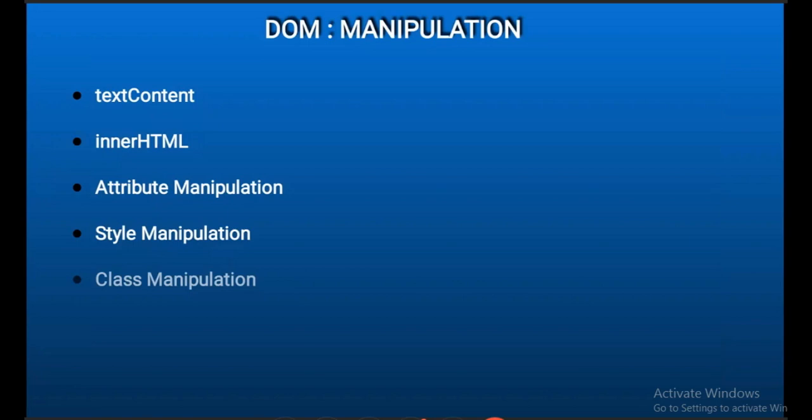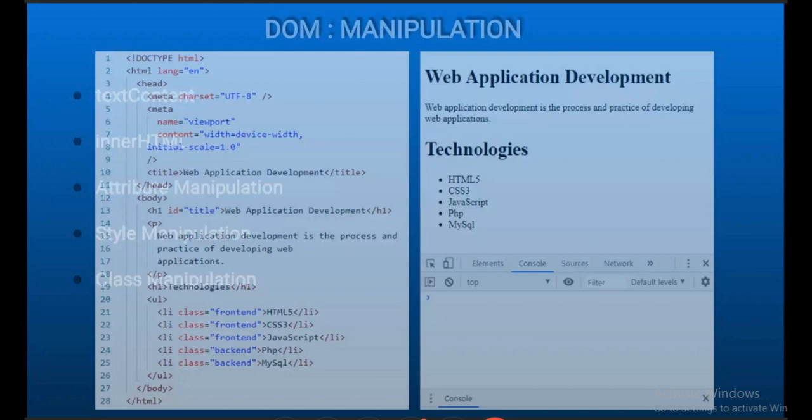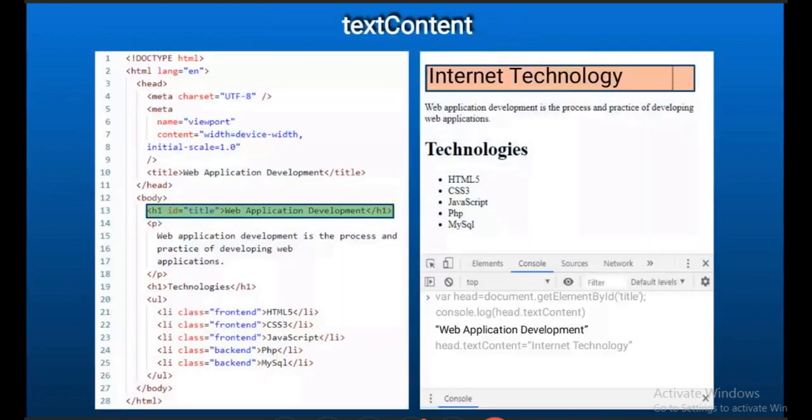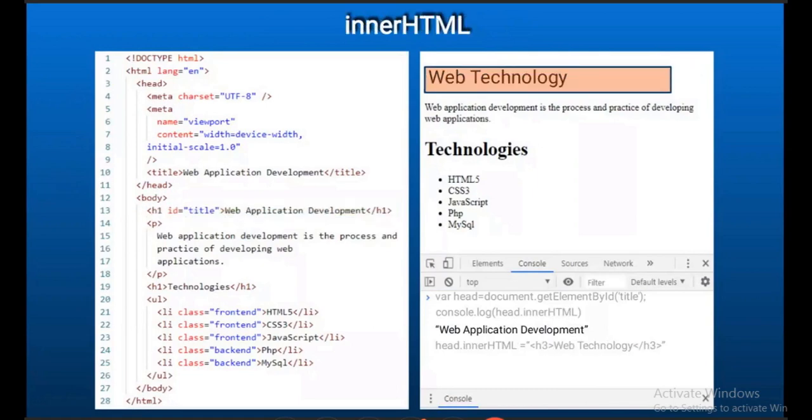That is the basic difference between text content and innerHTML. Text content just selects that text and treats it as text, whereas with innerHTML we can inject HTML content. So that is the difference.